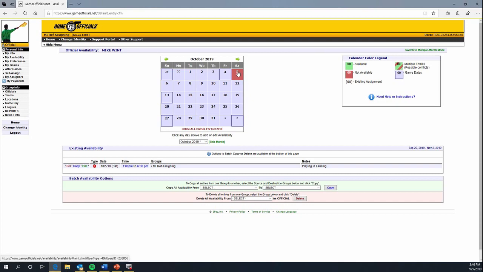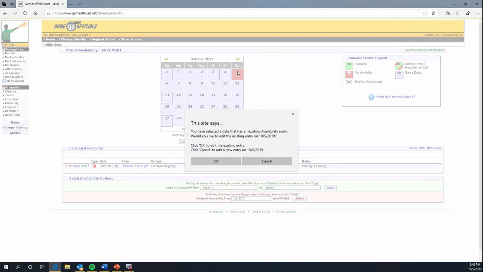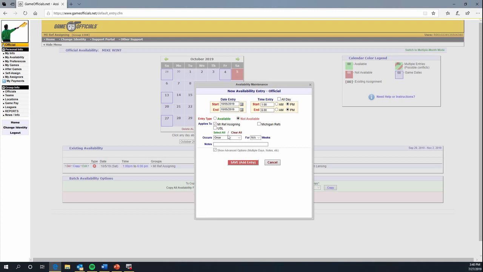So, I want to pick up that 8 o'clock game. I come back up here to 5, and I click on it. And I get this rather difficult to understand box. It's saying that you already have an entry. I want to make a new entry, though, because I want to tell it when I can work. So I click cancel. And I get a second entry for the same day where I say from 8 o'clock